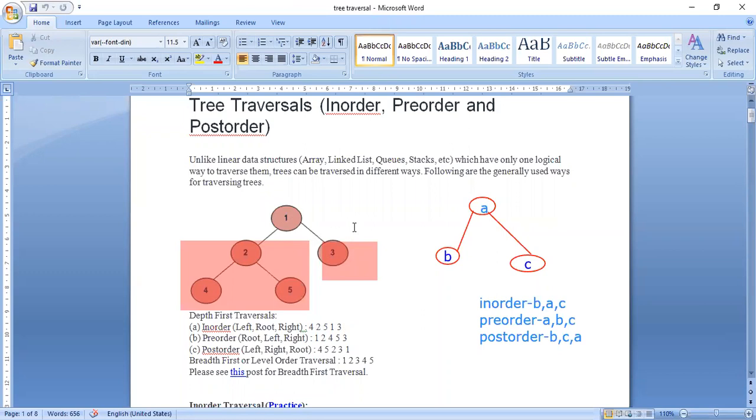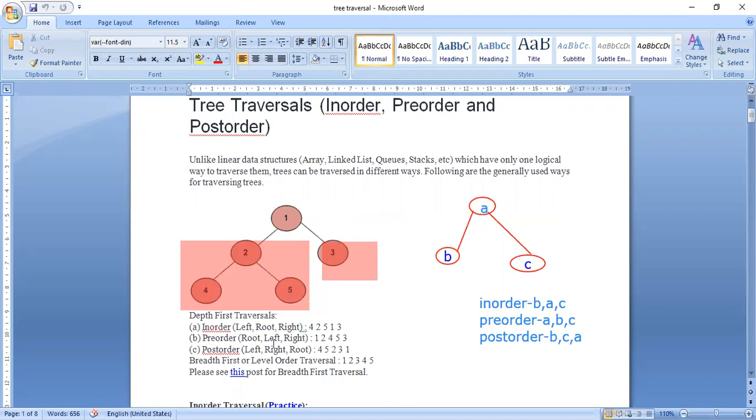So whenever the tree is large, with 3 or 4 levels and more than 3-4 nodes, what will I do? I will start at the root node. First, I will consider the whole left subtree as the left child, and the whole right part as the right subtree, the right child. And again, in the next level, I will apply the same in-order for the left subtree, and again the in-order for the right subtree. So in this way it will happen.